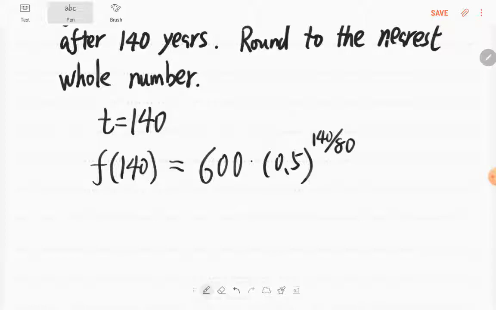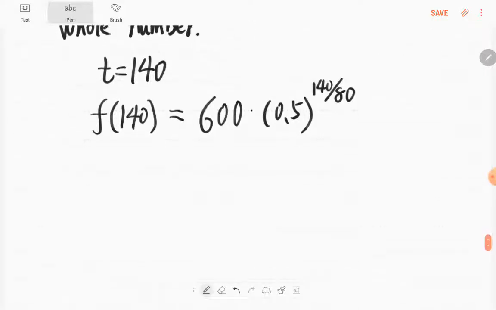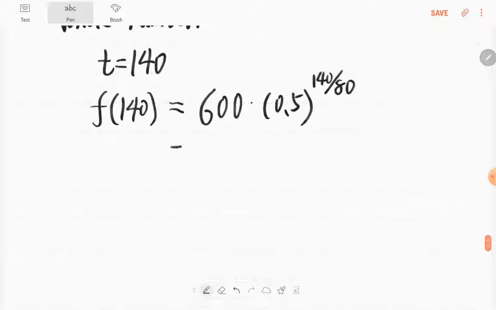So here I will show you how to do it step by step. The first thing is, let's do the calculation for the power, right? We cannot do 600 times 0.5 first, no. We have to figure out what the power is. We should do 140 divided by 80. Use your calculator, you will see it's